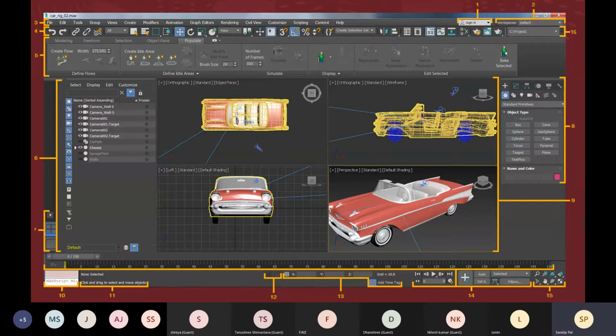The powerful part of this software is polygon modeling. With this polygon modeling process, you can create any kind of object like this. You see this object. This is a total single object, where you don't assemble all the parts here. You make it as a single object with polygon modeling.